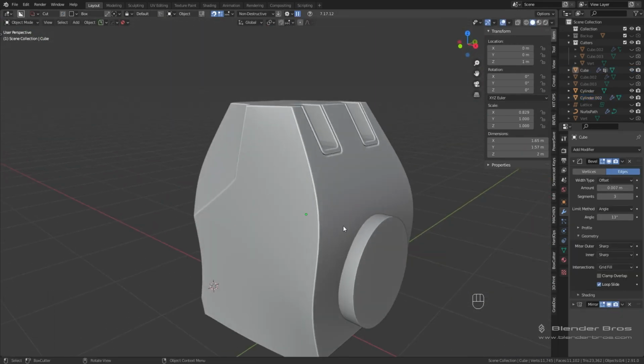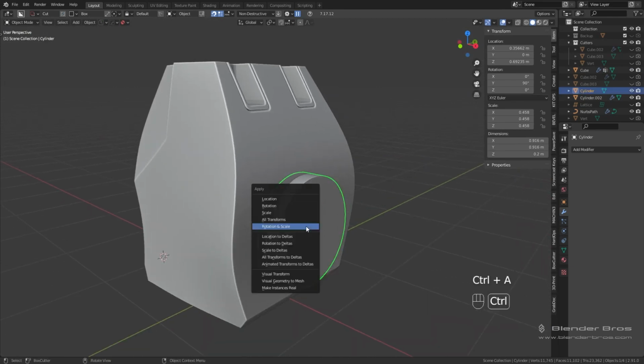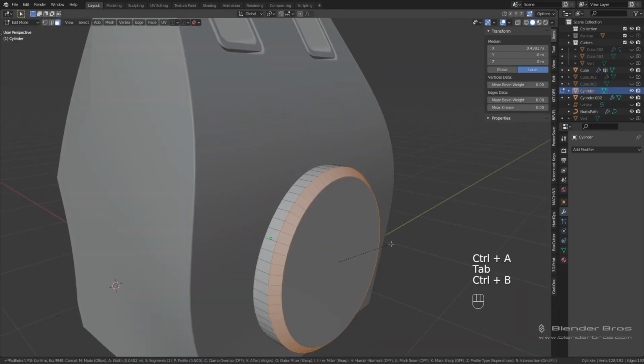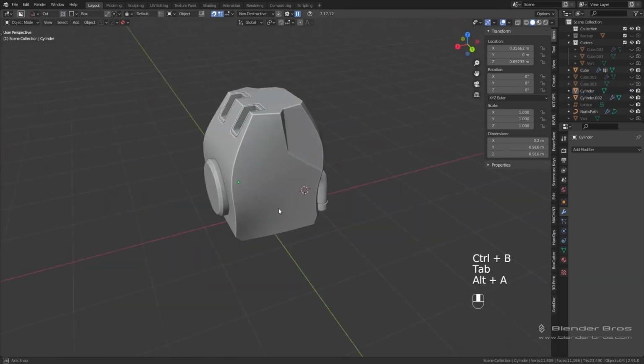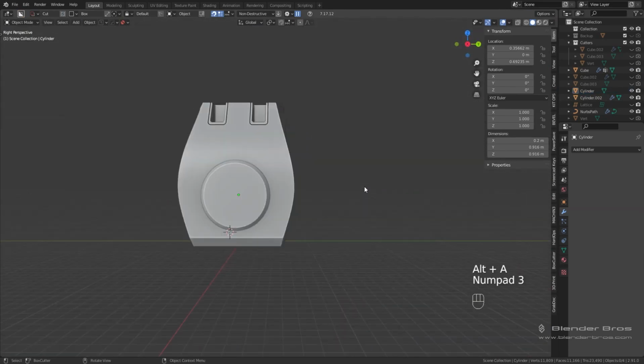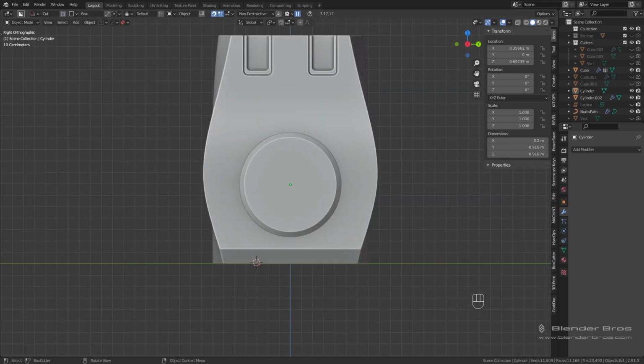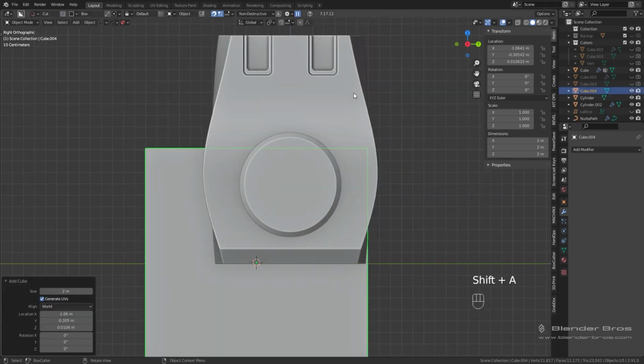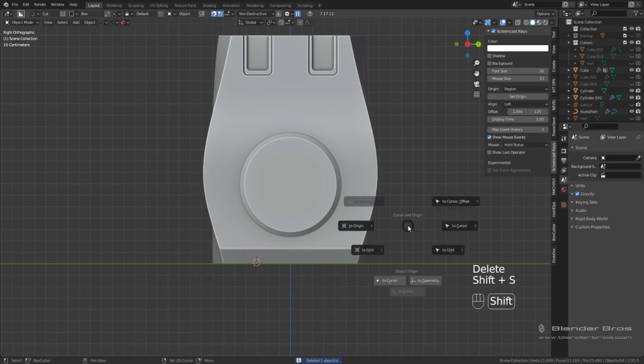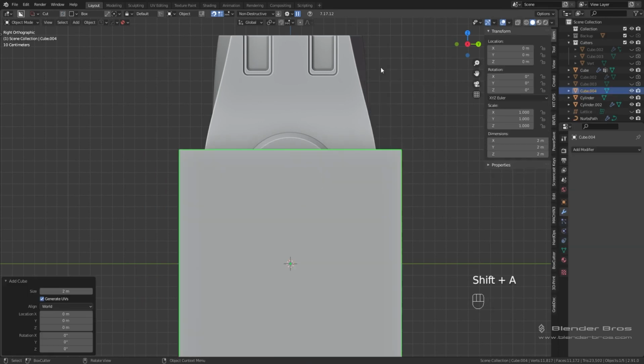and we are looking pretty good. I'd like to go ahead and apply the scale and rotation on this piece and bevel it, chamfer it rather, to get that effect on the front. And also what I want to do is something a bit more exciting. I'd like to add in a cube here. Actually, let's reset the 3D cursor, Shift S, cursor to origin. We'll add in a cube,